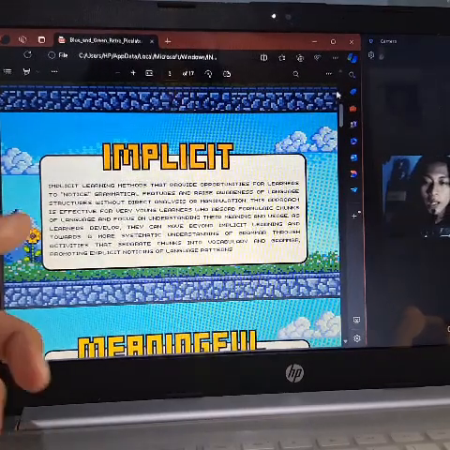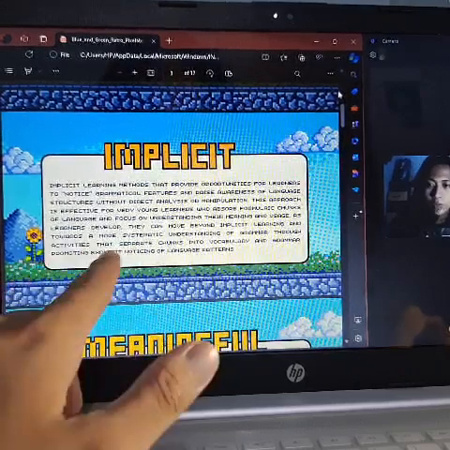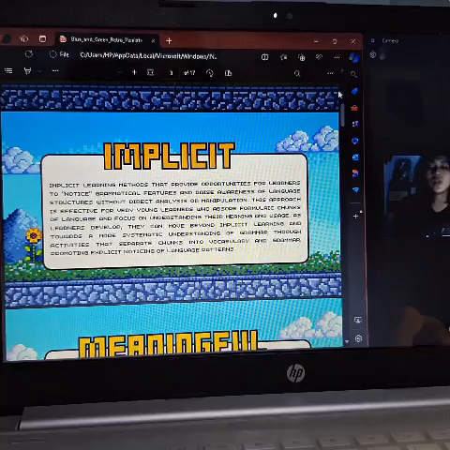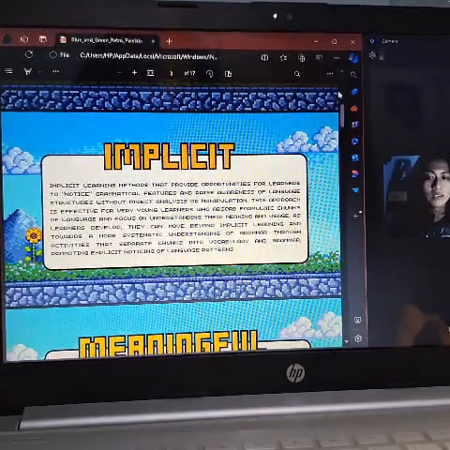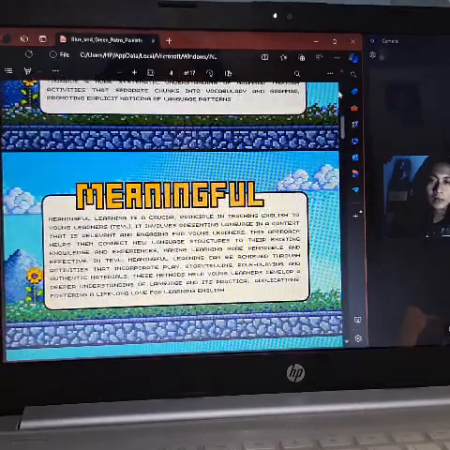And you can highlight these principles: to notice grammatical features and raise awareness of language structures without direct analysis or manipulation. Yeah, that's the point. And let's move to the next